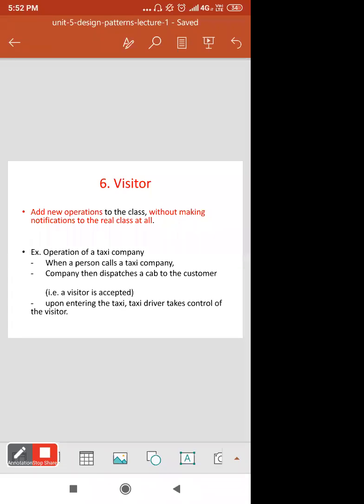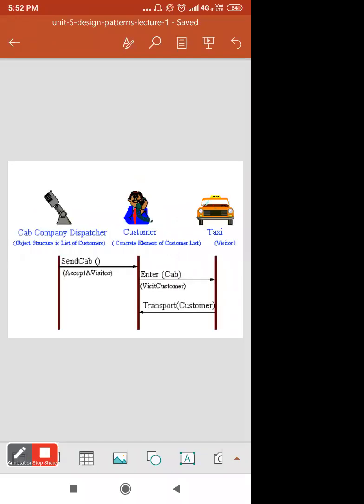In a likewise manner, upon entering, the taxi driver takes control of the visitor. So this is the visitor pattern. It is given through this particular diagram. You can go through this.